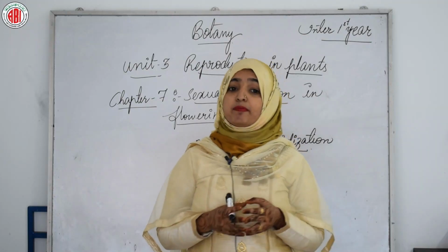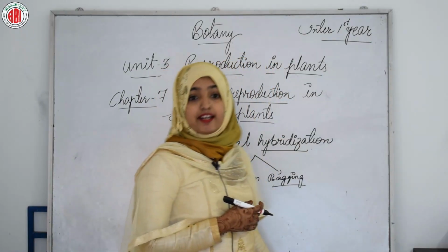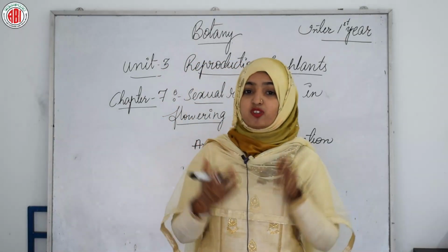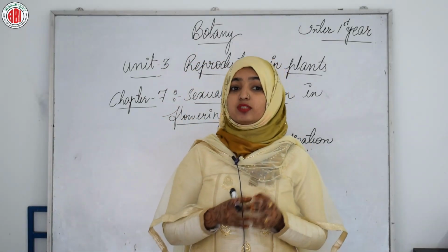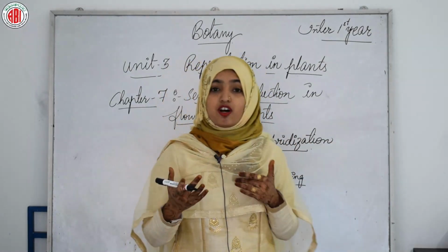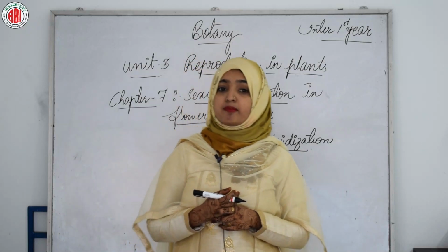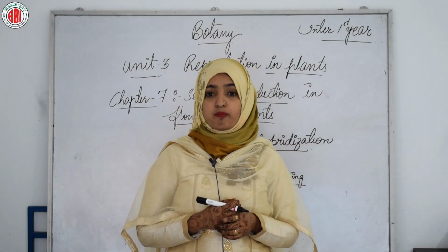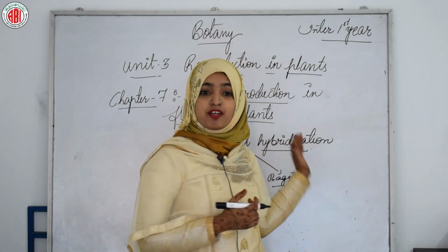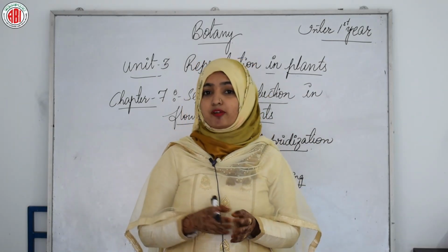And if the female parent produces unisexual flowers, we were learning about bisexual flowers, right? If a female parent produces unisexual flowers, there is no need for emasculation, because there is no chance of mixing of the pollen grains with the ovules, and the female flower buds are bagged before the flowers open. When the stigma becomes receptive, pollination is carried out using the desired pollen and the flower will be rebagged.